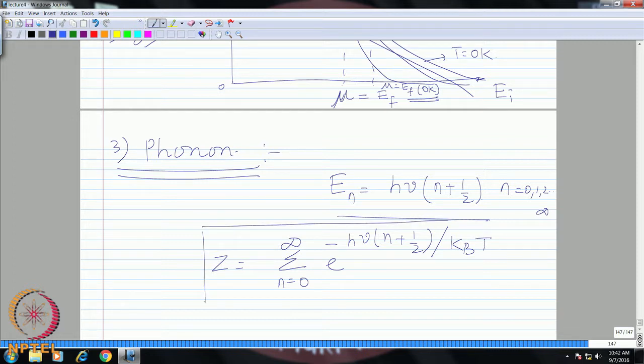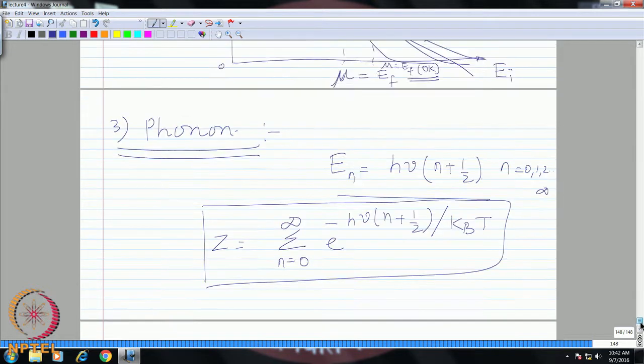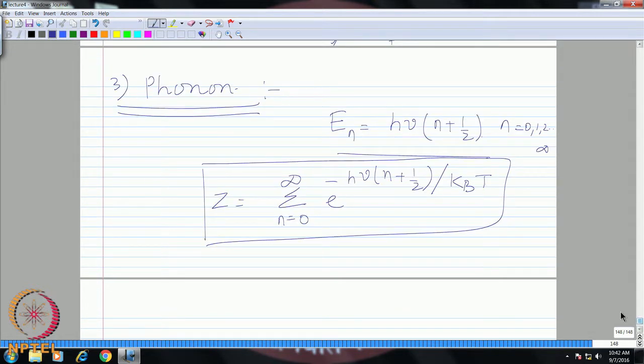So, this is your partition function, right. So, we are now looking at the canonical ensemble. So, it will be just e power minus Ei by kBT, and just E we have substituted into this. So, now how do we evaluate this particular summation? Okay. So, we can just split this up into e power minus h nu by 2 kBT times e power minus n h nu by kBT. So, I am just splitting this into 2 terms,